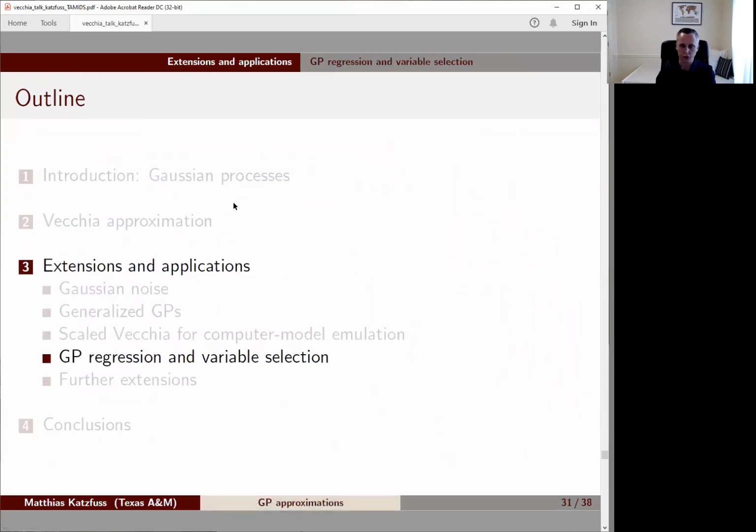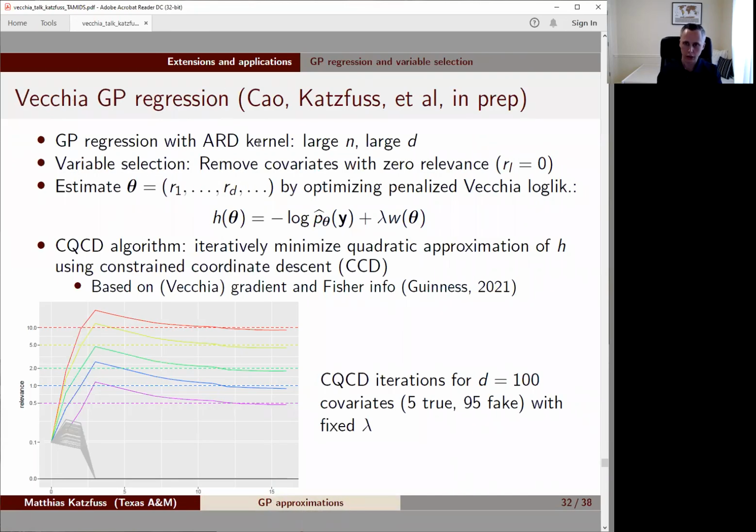Okay, now some very recent work that's still in progress, in preparation. Now we want to do Gaussian process regression and variable selection using these Vecchia type approximations. And so what we're going to focus on is a setting where we have a large n, as before, but also a potentially very large d. Say we have a regression setting with 1,000 or even a couple thousand or even 10,000 covariates or predictors,